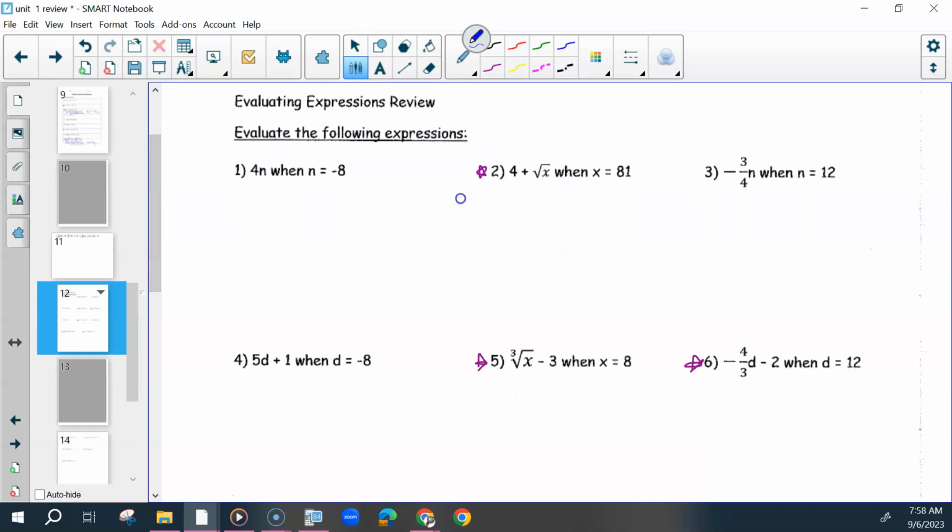So for number 2, we have x equals 81. We're going to put 81 underneath the square root. Figure out what the square root of 81 is. Say that one more time. 12 plus 9. And then if we add those together, we would get